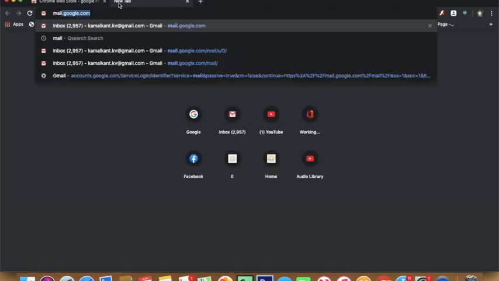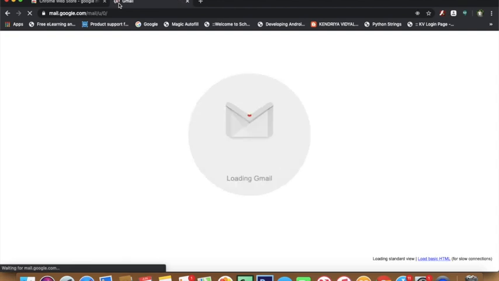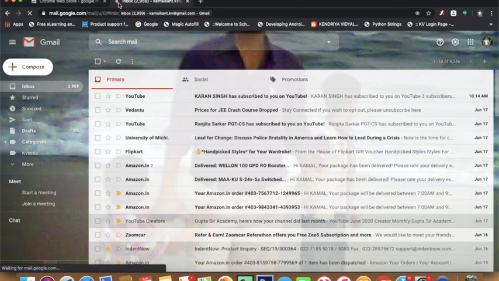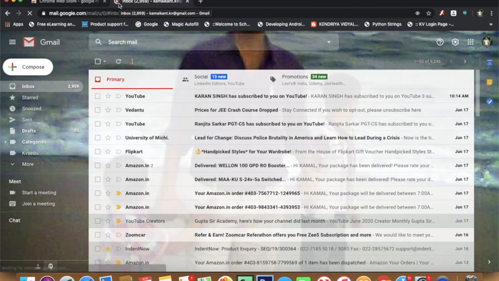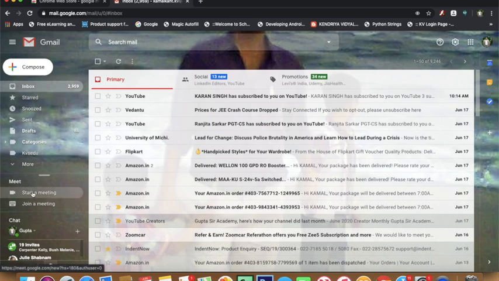For that I will log on to my Google account, Gmail account. Now here you can see that I do have one meeting button over here. So I will start the meeting, and I will try to blur my background. Just click on start the meeting.